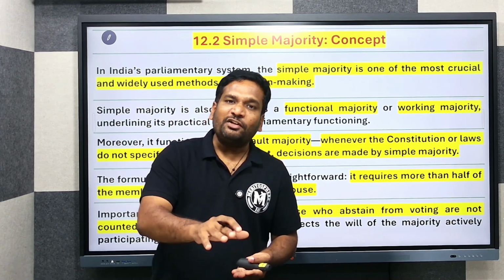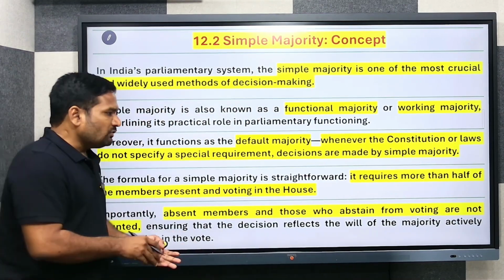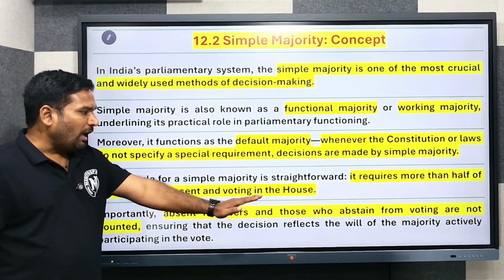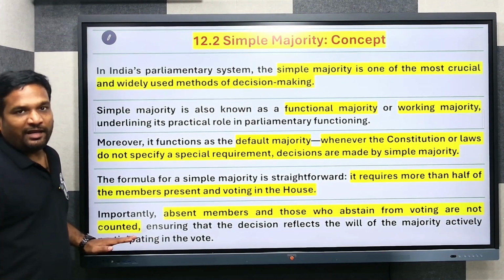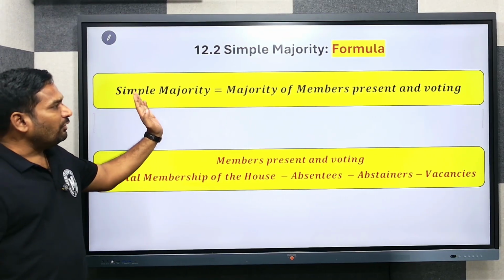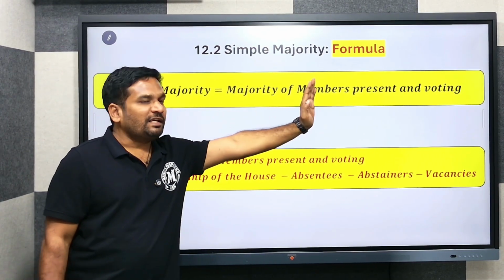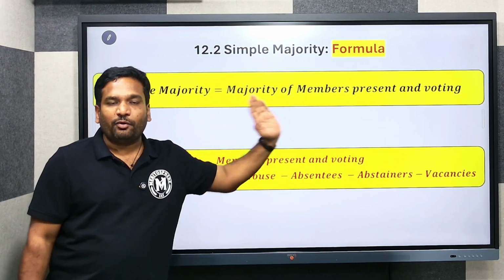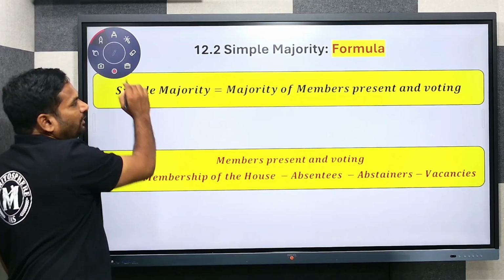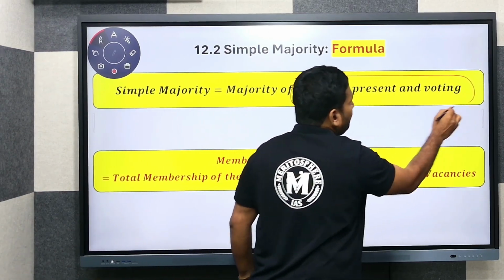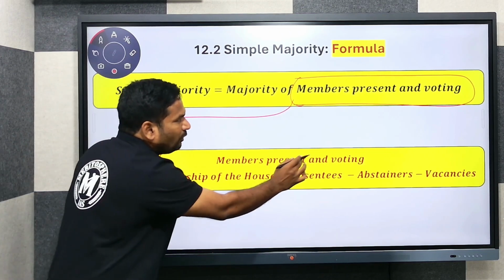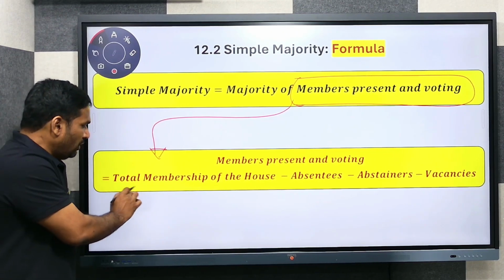So we need to get the majority of that particular value. I will come to that later. Importantly, absent members and those who abstain from voting are not included. They are excluded. This is the formula: simple majority equals majority of the members present and voting. What does this term mean? Here, members present and voting equals total